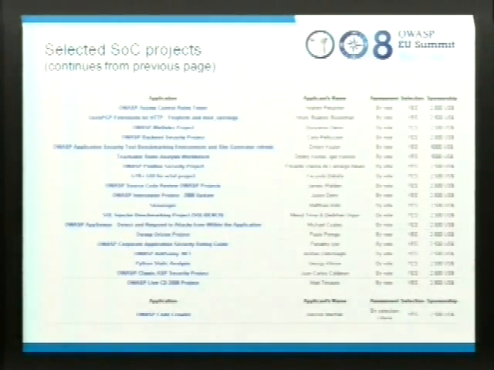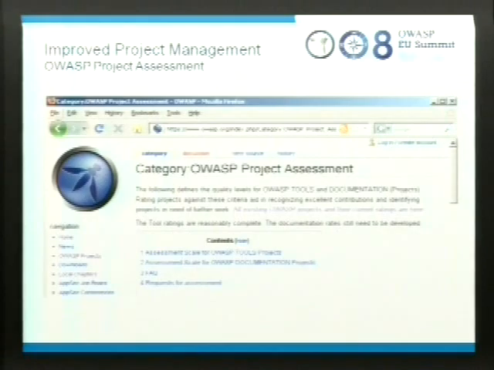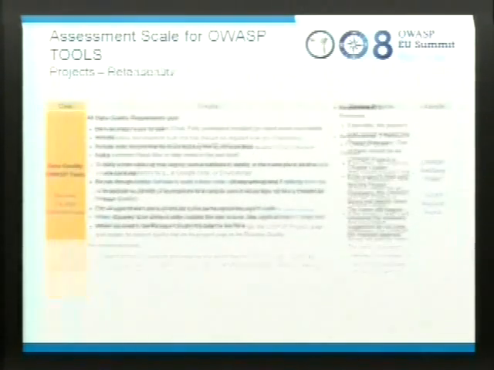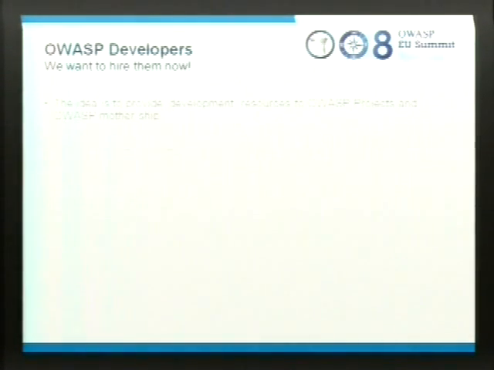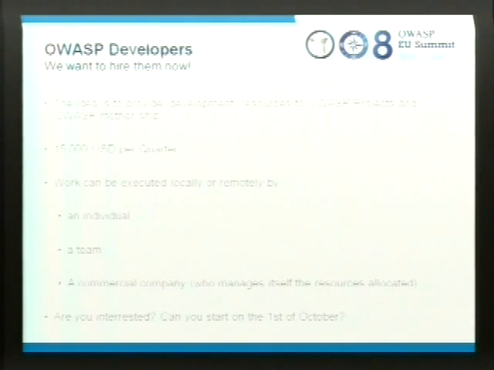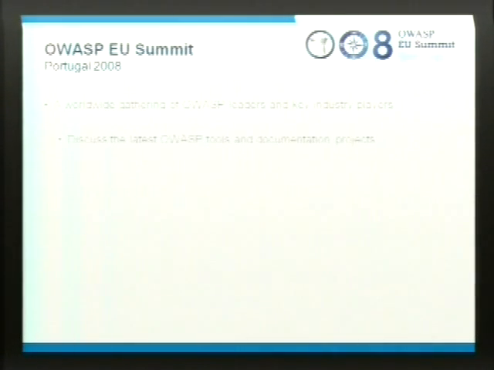Instead of completely overflowing this conference by adding 3 more tracks into it, because we already have 50 presentations we need to give, we decided to bring everybody. And this is the project management that you guys are going through, so it doesn't really matter. You guys can read it on the web. So we decided, and I'll come back to that one, sorry, we decided to bring everybody to Portugal.